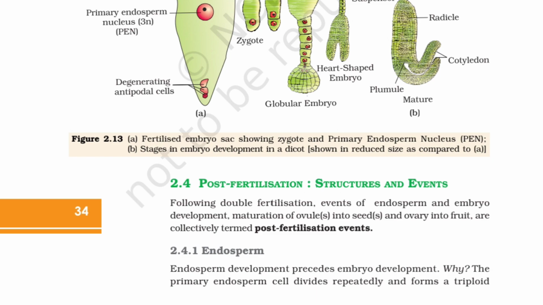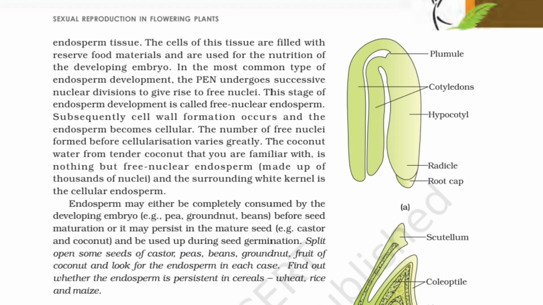2.4.1 Endosperm. Endosperm development precedes embryo development. The primary endosperm cells divide rapidly and form a triploid endosperm tissue. The cells of this tissue are filled with reserve food materials and are used for the nutrition of the developing embryo. The most common type of endosperm development, the PEN, undergoes successive nuclear divisions to give rise to free